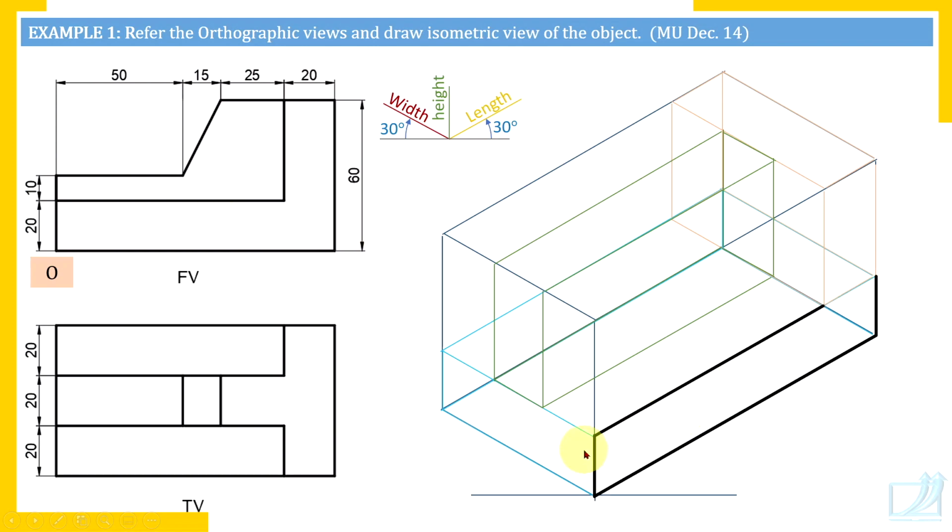Now left side surface edges. Why have I not made this line dark? So reason is, check here. That is left side surface of this vertical plate and left side surface of the base plate. They are in one plane. Check here. And that suggested to you that there is no edge here.